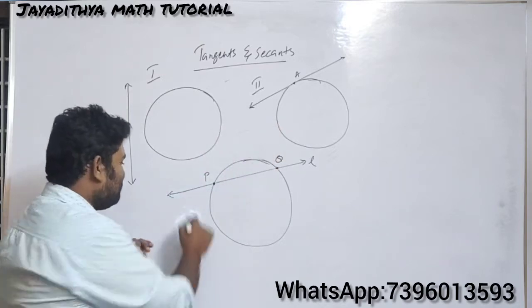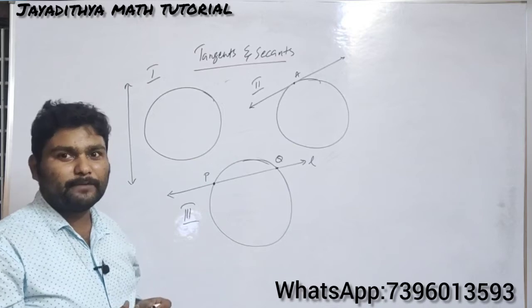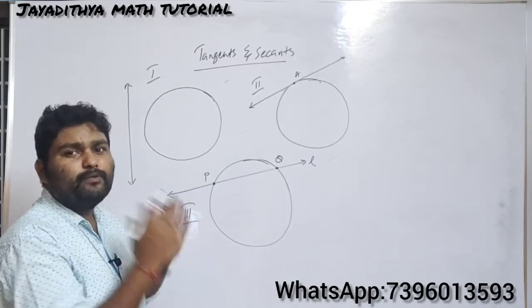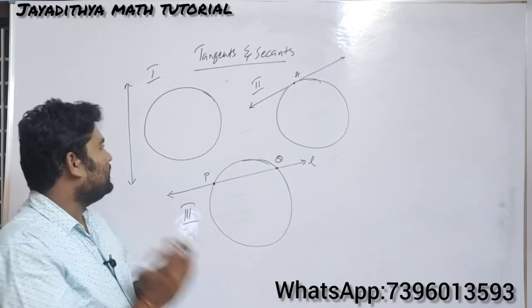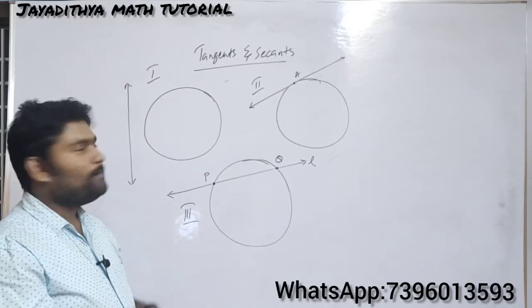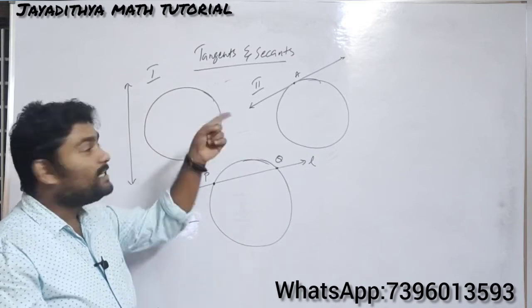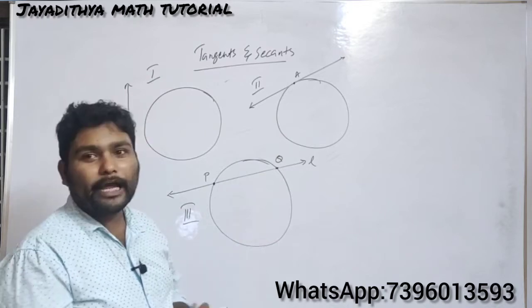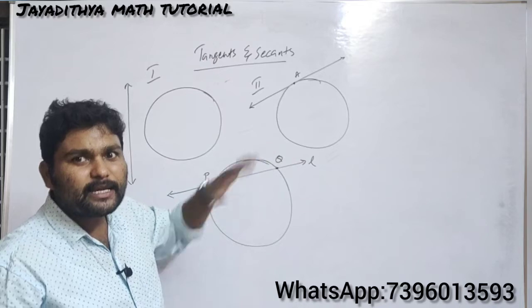So these are the three possibilities to draw a circle and a line. First of all, you should understand this one, and from this only we will be understanding what is a tangent and what is a secant. Here you will not consider this part, because this is just a line and a circle, and it has no relation with the circle. But here it has some relation, because it has one contact here and two contacts here. So these lines are in relation with the circle, and we will be discussing this one.